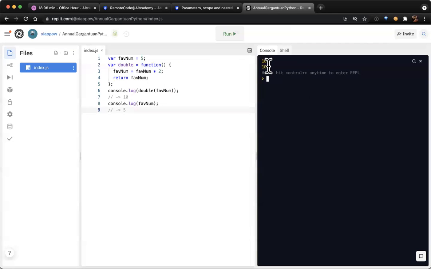So right here. And the reason is we're not using a variable within the scope of the double function. We're using a variable that's in the global scope. Okay. You see what I mean?